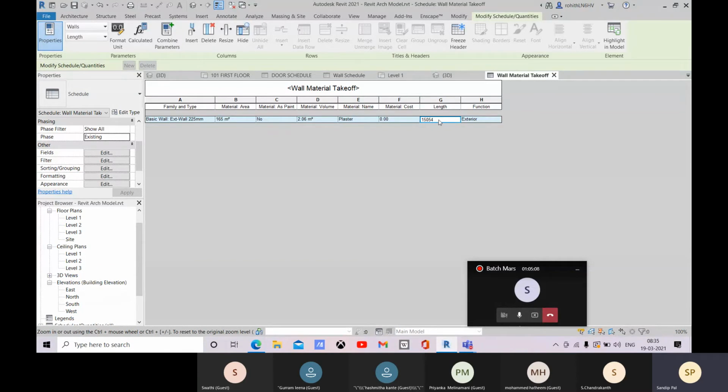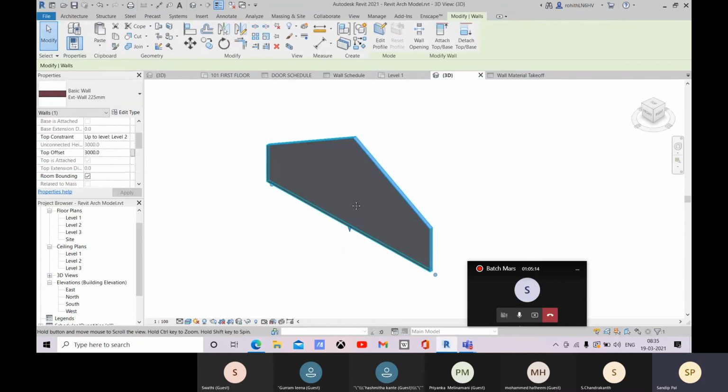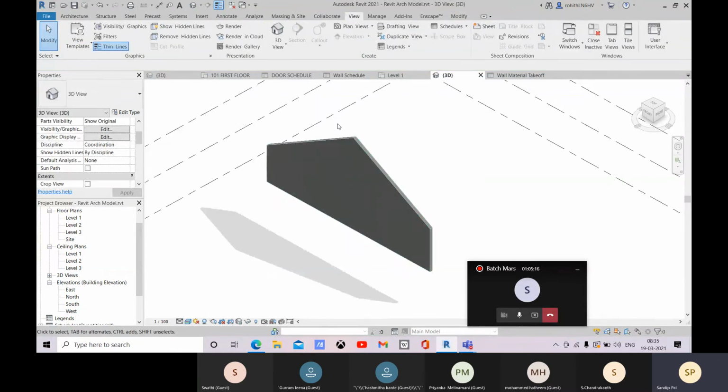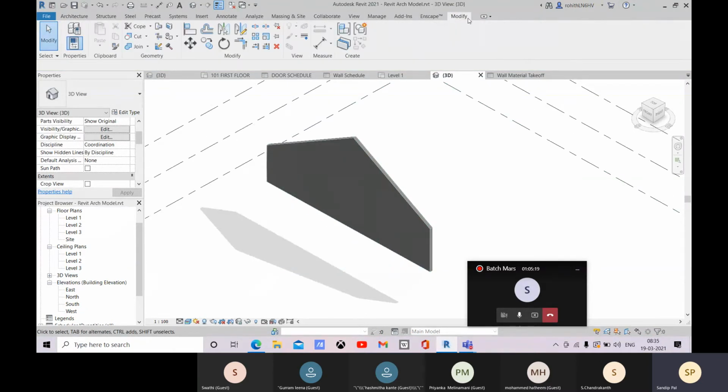the length for length as per the wall, and the function is exterior. And here you can apply paint. Okay, so there you have this modify. Within this modify you have this paint option there, and you can go for this split face.